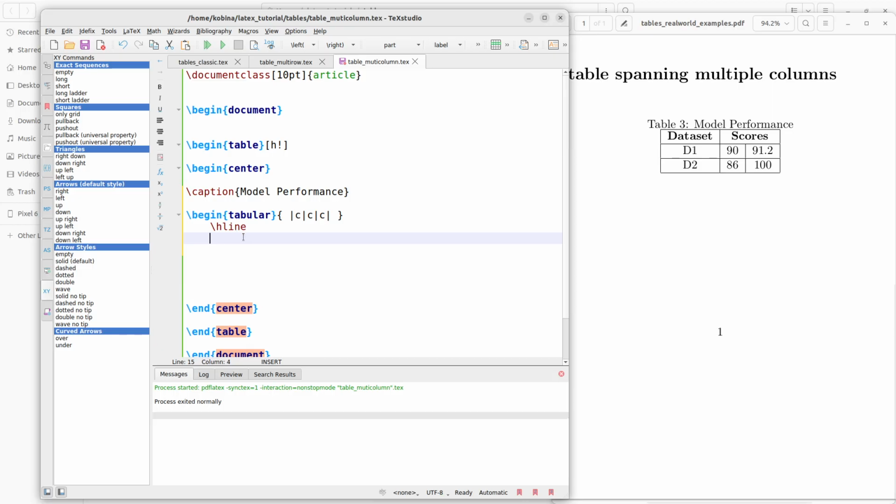So that is the next row. So for the row, we say data sets and we add the subsequent rows. So ideally, we should have data sets and we should have another column and another column for this particular row. But if you look at what we have here, we see that the scores spans 2 columns. And so that means we will not need a third column here. It's just 2. But because this other column, scores, spans 2 columns, we need to make sure we let LaTeX